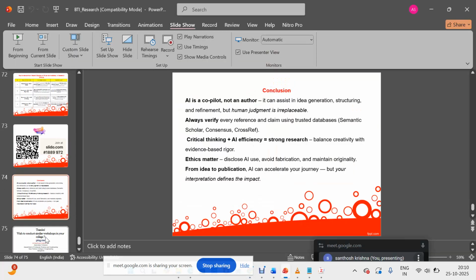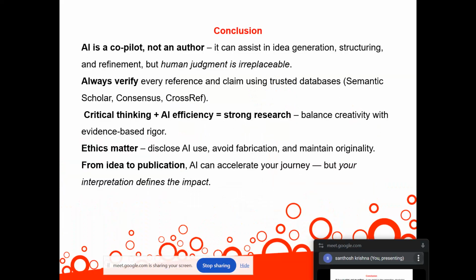Last, I would like to conclude with this slide. We can take AI as a co-pilot. It is not an author, so it can only assist in generating ideas, structuring the paper and refinement, but human judgment is always irreplaceable. Always verify every reference we use and cross-check with trusted databases like Semantic Scholar and Google Scholar.